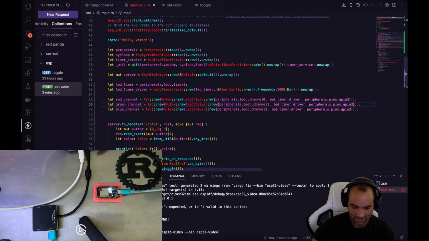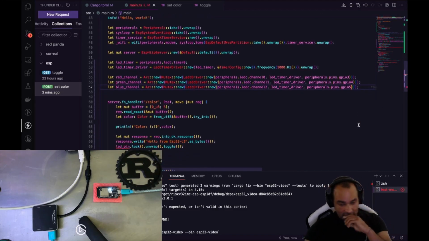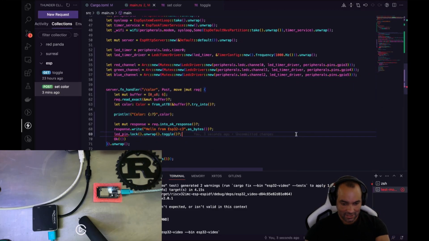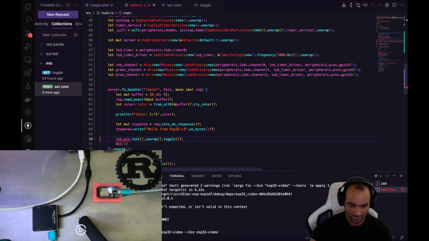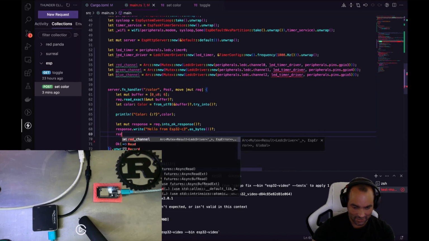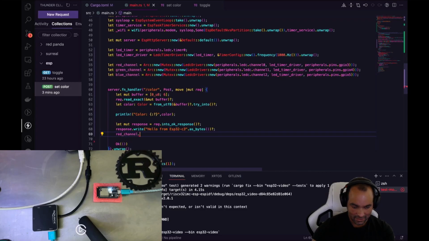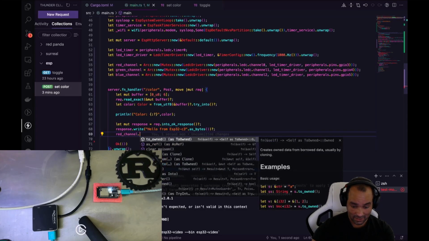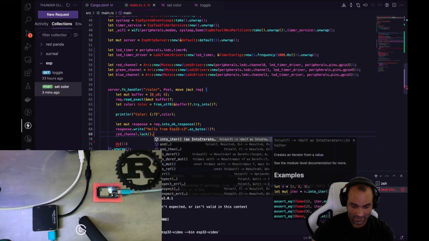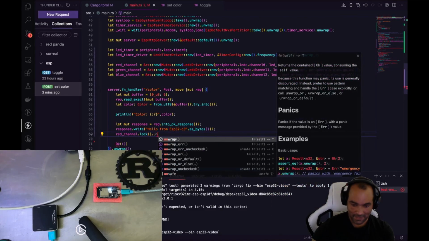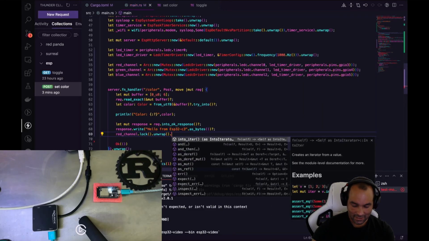And their own pin, obviously. Okay, so this one we removed. So let's do the red channel, and we lock it, and then we unwrap it, and then we